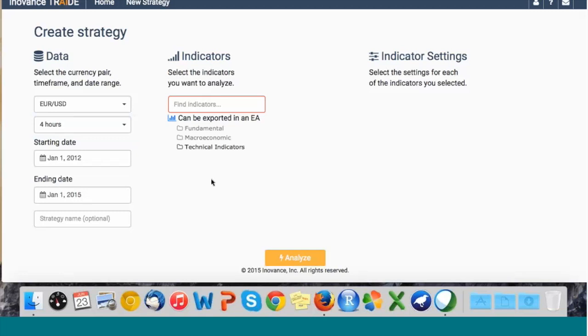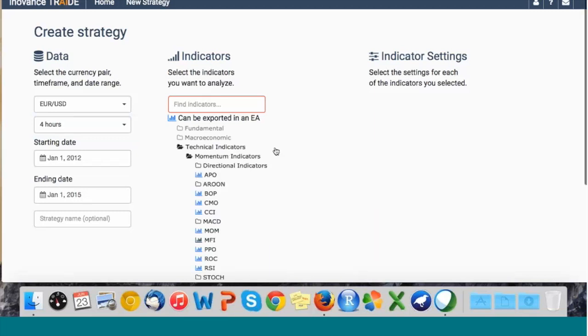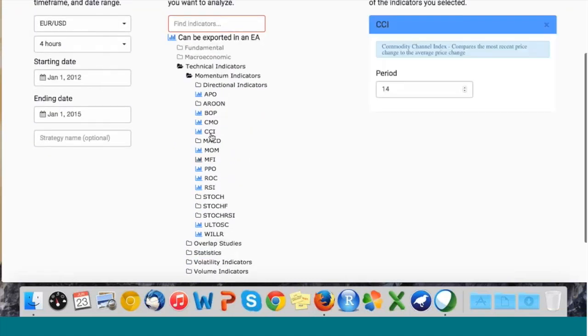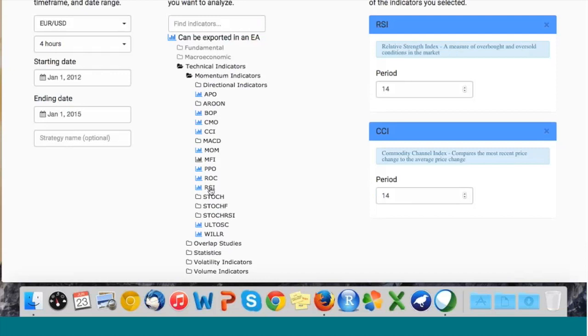So the next process is choosing the actual indicators or inputs to the strategy. So usually you would bring up your chart, bring on a couple technical indicators and try to figure out the patterns yourself. So basically, we're using things like the commodity channel index or an RSI. We look at the chart and say, all right, when the RSI is over 70 and the CCI is between 20 and 30,